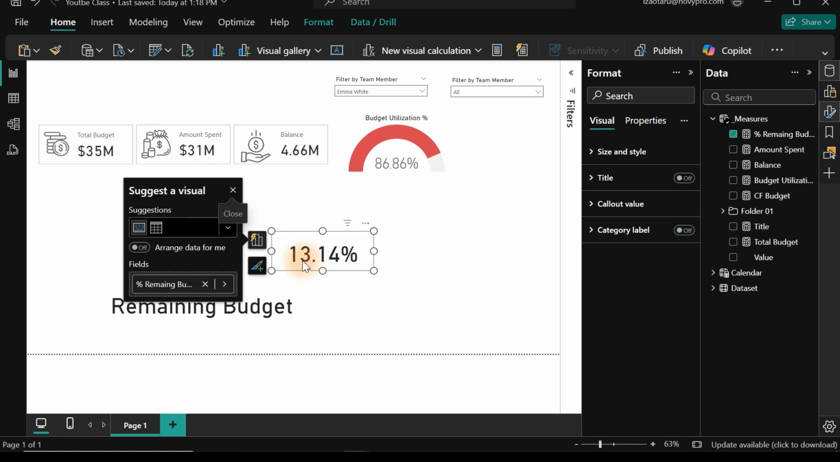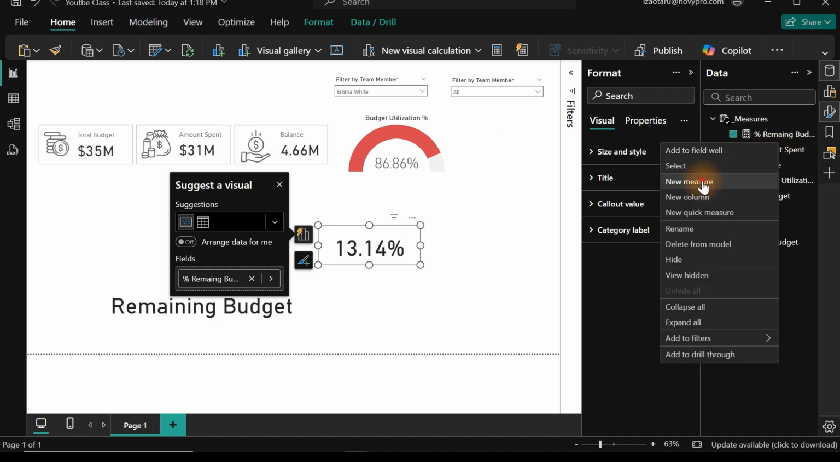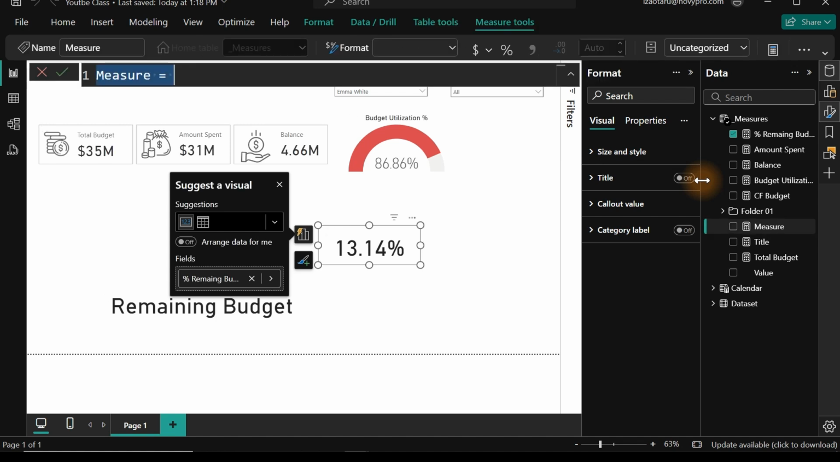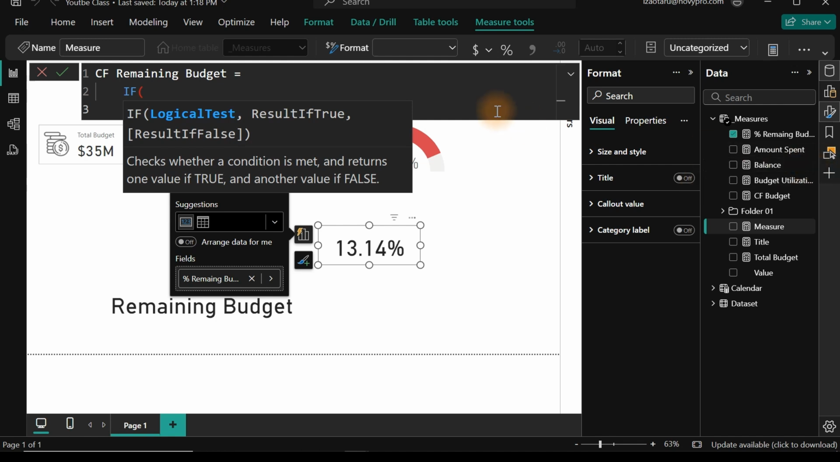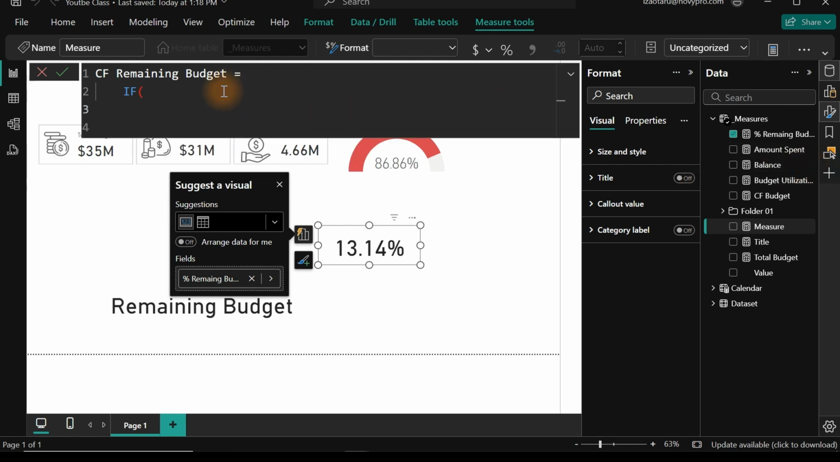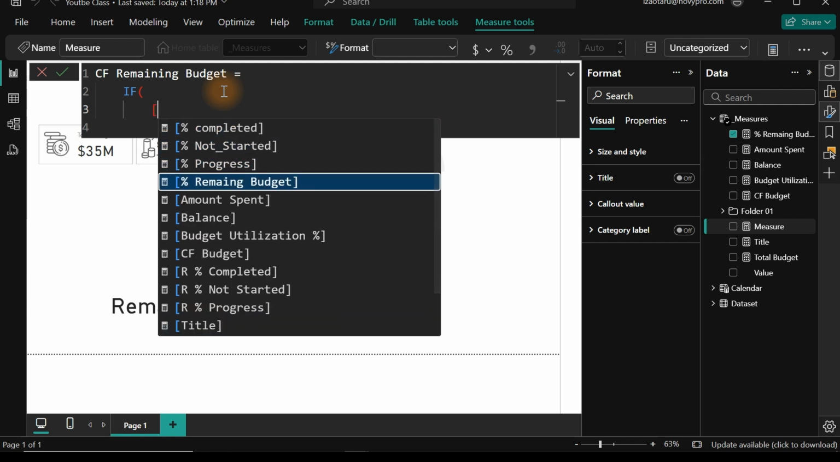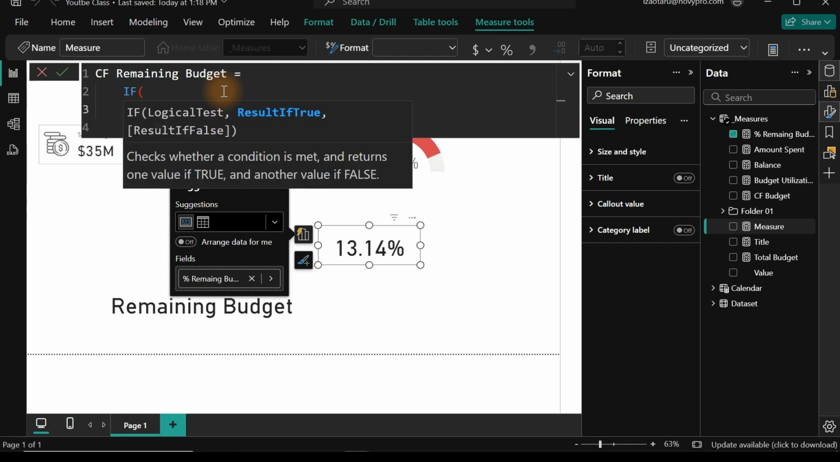Okay, now we need to make sure we write a conditional formatting for this as well. This conditional formatting is going to be different from what we have right here. So let's do it. Right click and create a new measure. It's going to be IF. This IF is going to check if our percentage of remaining budget here is less than 0, then we want to have 0. Then we go ahead and say, okay,